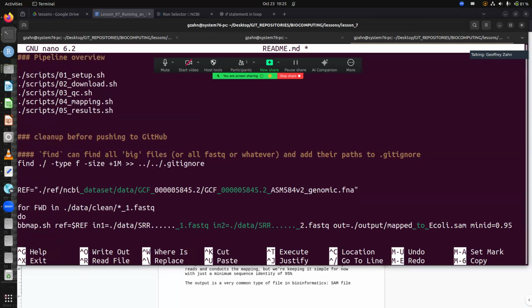Do BBMap, the ref is going to be the same. In1 will be forward. In2 will be forward with /1/2. Then my out. You just keep it like that. Yeah, so I could say,